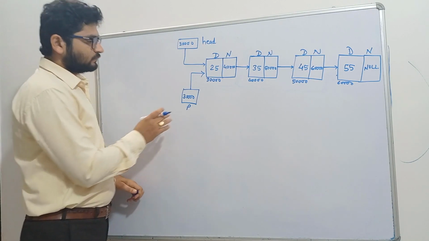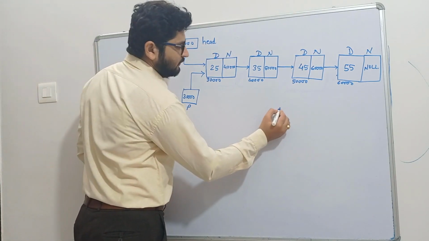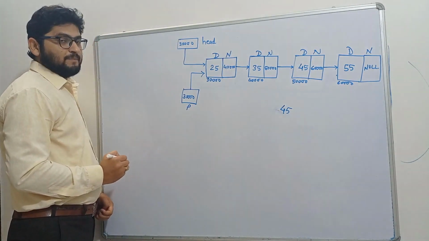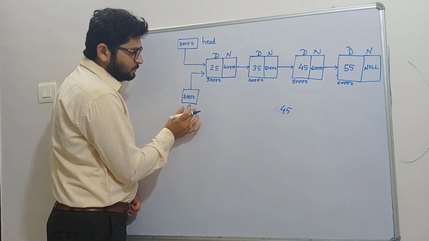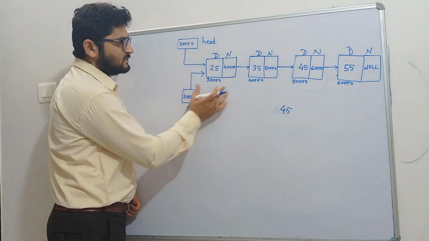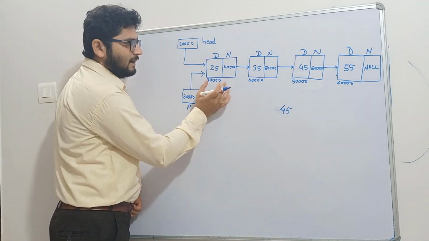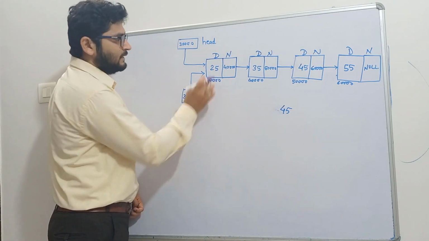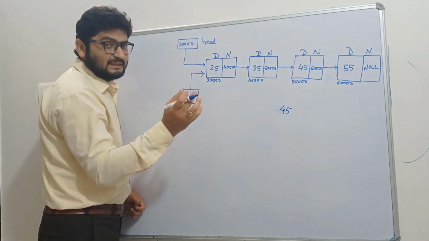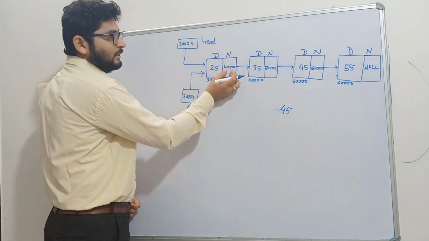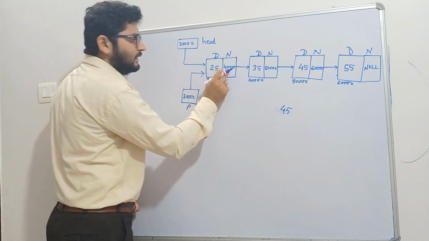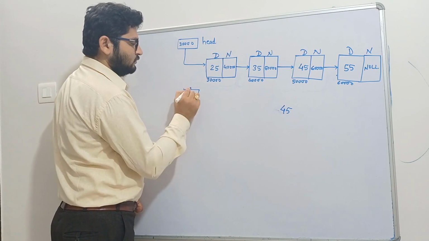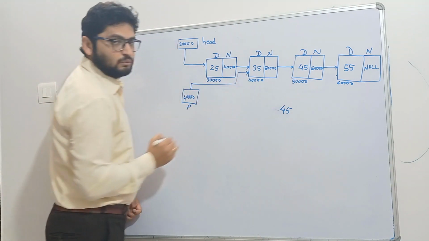Okay. Now, let us suppose we are looking for the value 45. Now, this P right now is equal to 30,000. That means it is pointing to this node. Now the data in this node is nothing but 25. We will check whether this data is matching with this 45 or not. It is not matching, then what we are going to do? Whenever the data does not match, we are just going to copy the next into the P. So here 40,000 we will copy into the P. So that this P is now pointing to the next node.